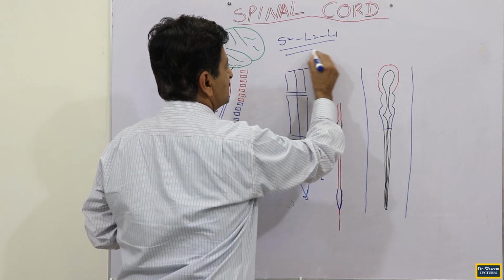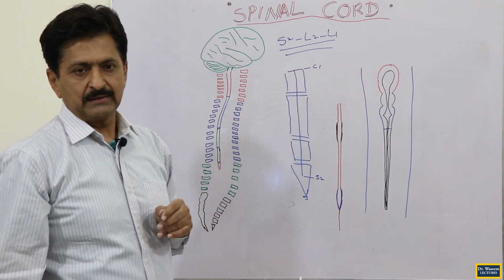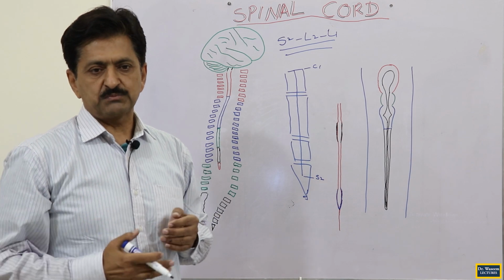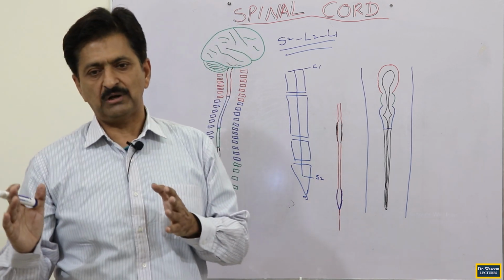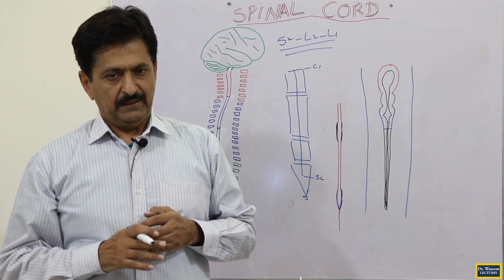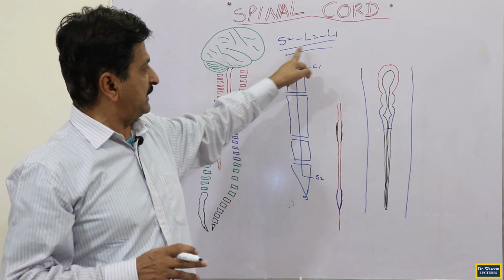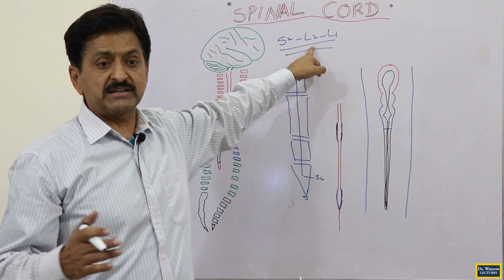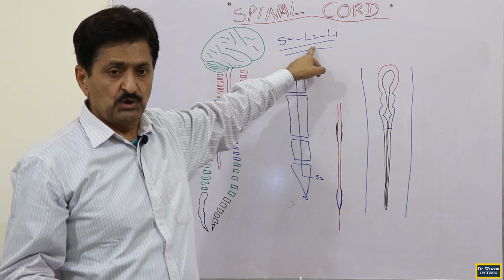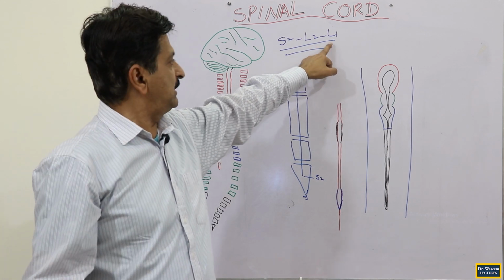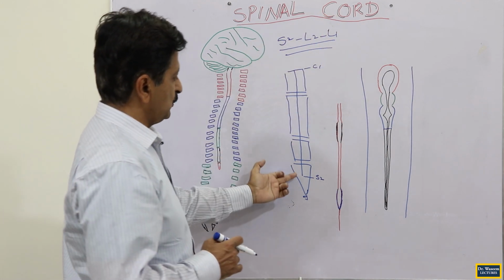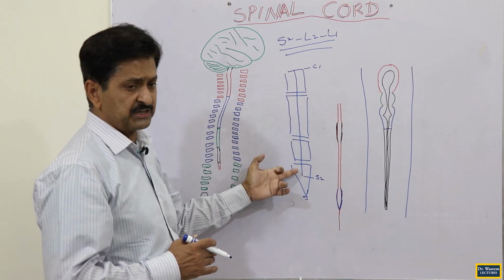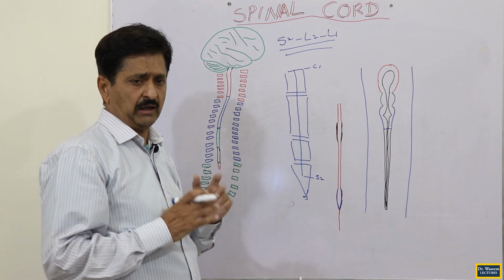So these 3 levels are important as far as the growth and the length of the spinal cord at the different stages of development. Embryonic development is S2, at the time of birth it is L2, but in adulthood it will be L1. These are 3 different levels of the spinal cord, which lies here in the vertebral canal of the vertebral column.